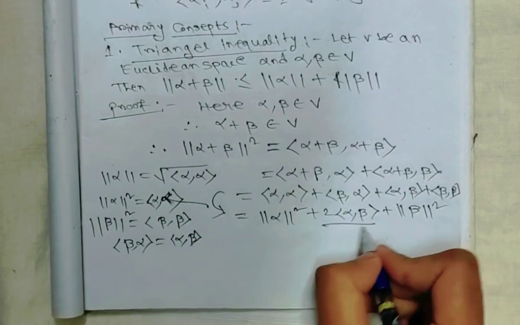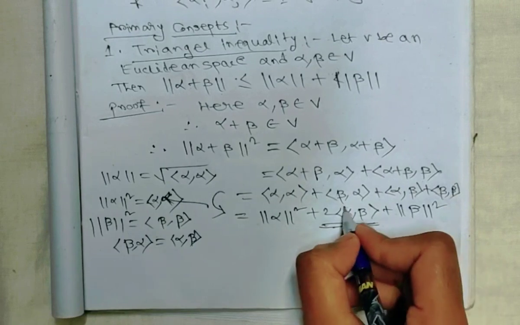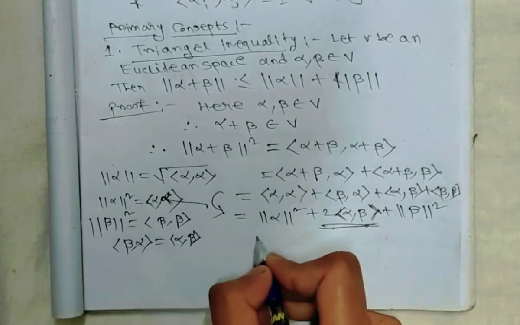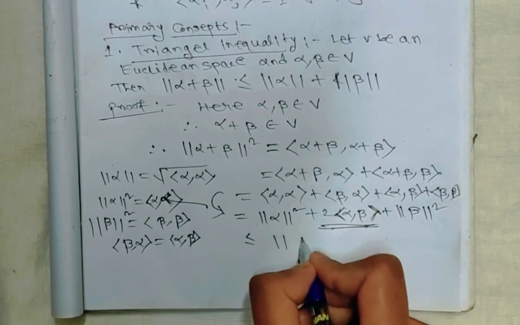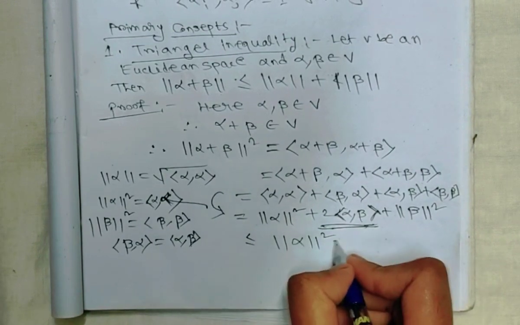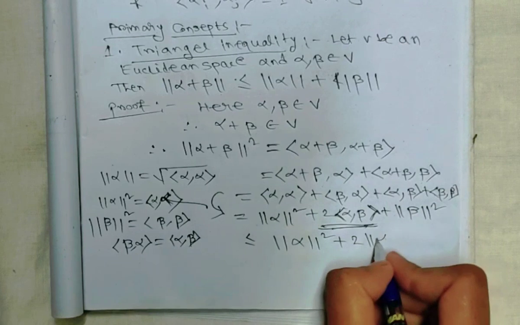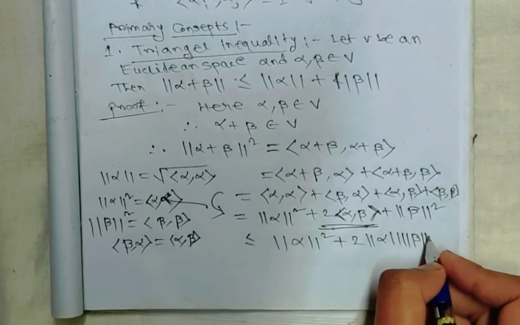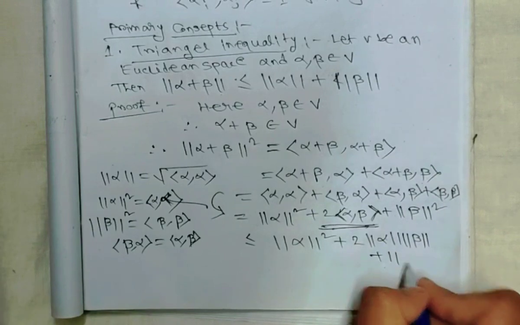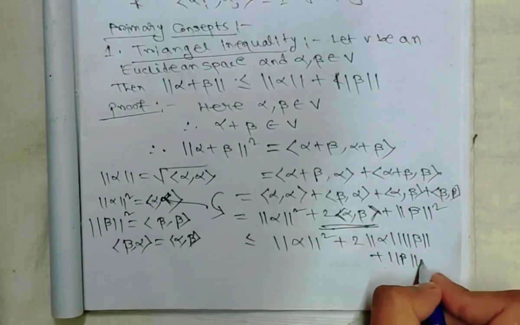So that is why we can say 2 times the inner product of alpha beta. Now this line is less than or equal to norm alpha square plus 2 norm alpha norm beta plus norm beta square